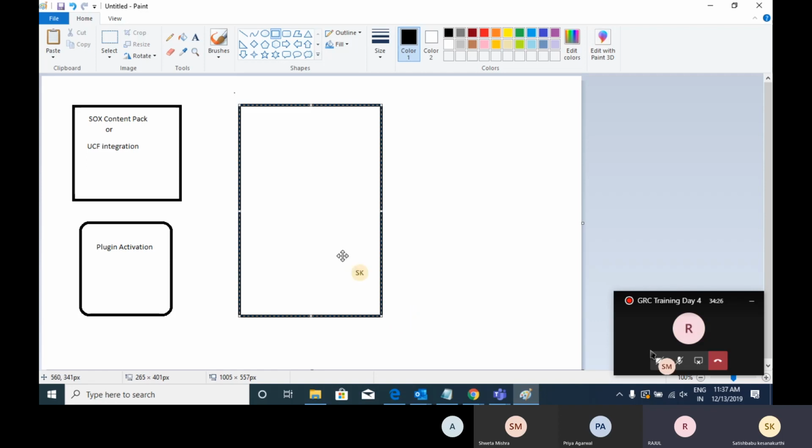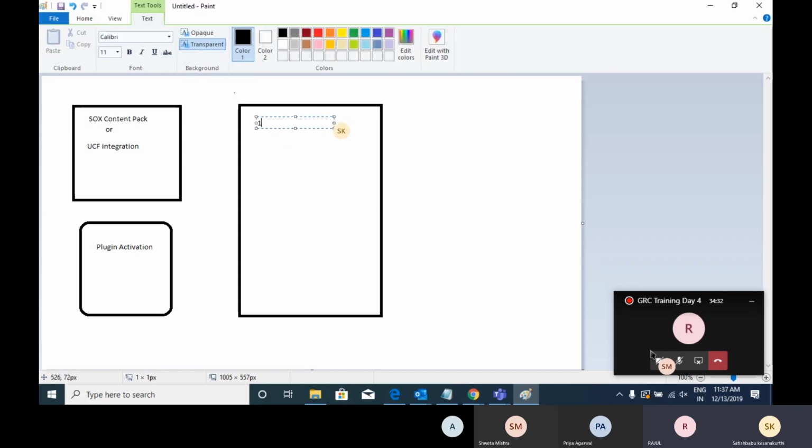What is the first step for policy and compliance management? Creation of policies? No, creation of entity scoping. In entity scoping, what information are we going to create?